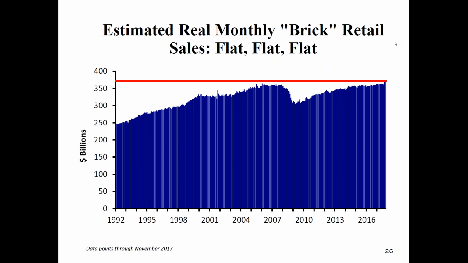I put a marker at the previous cyclical high. Brick sales are about the same as they were a decade ago. They had a cyclical downturn. They've recovered. They're about the same. In inflation terms, they're higher, but in real terms, they're about the same. That's interesting because if you look at the next chart and you look at what happened to online sales over